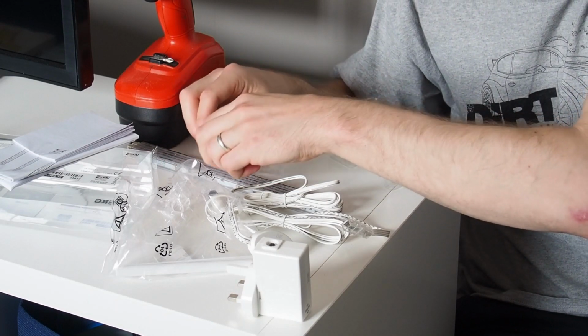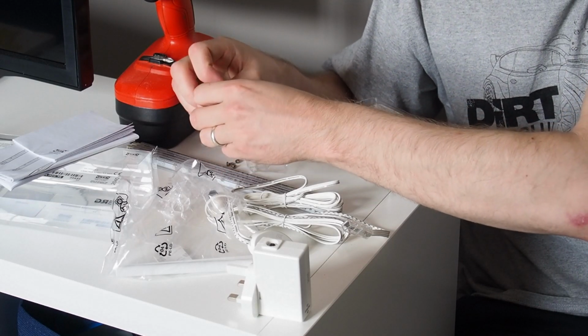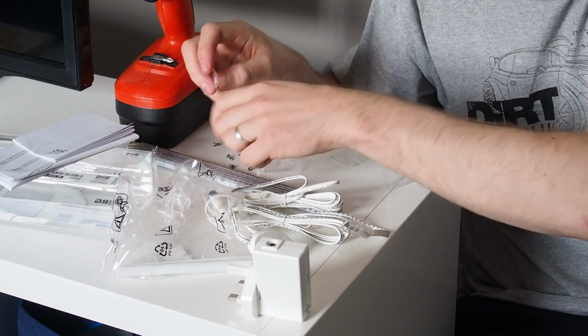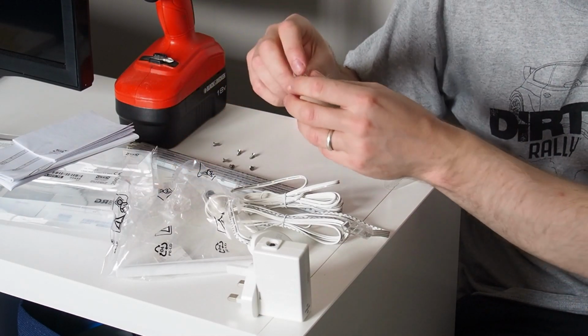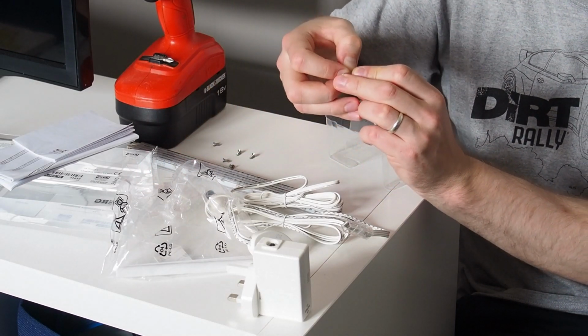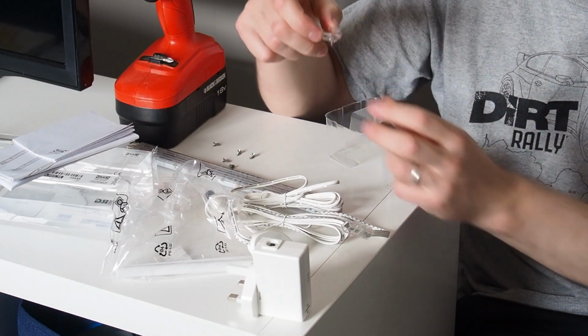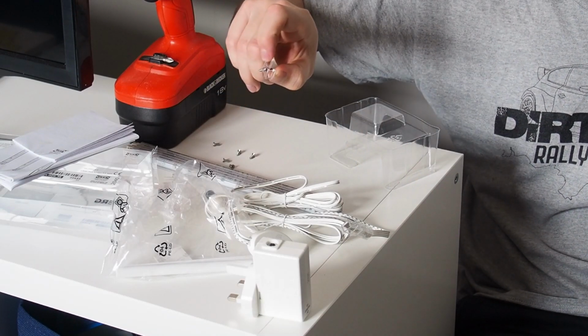I think they provide 6 different mounting brackets, so you can put 2 on each LED strip if you want to. I think previously I've found that 1 is absolutely sufficient really, because they're screwed into the actual wood of the Kallax unit, which makes them nice and strong. As you can see there, the screws into the mount,